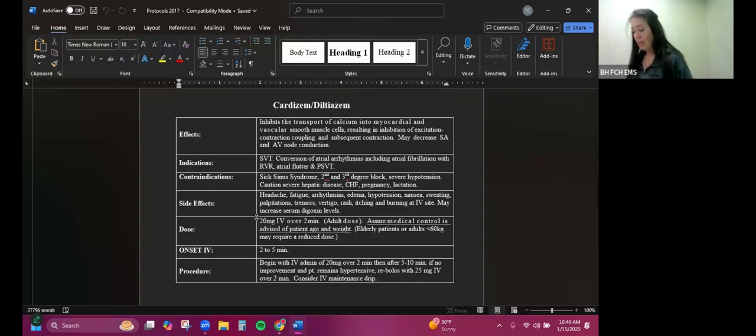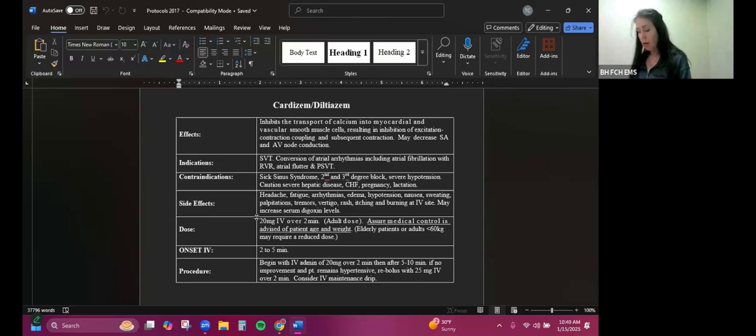Caution if they have hepatic disease, CHF, pregnancy, or lactation. Your side effects on your Cardizem could be a headache, fatigue, arrhythmias, edema, hypotension, nausea, sweating, palpitations, tremors, vertigo, rash, burning, itching at the IV site, and it may increase your serum